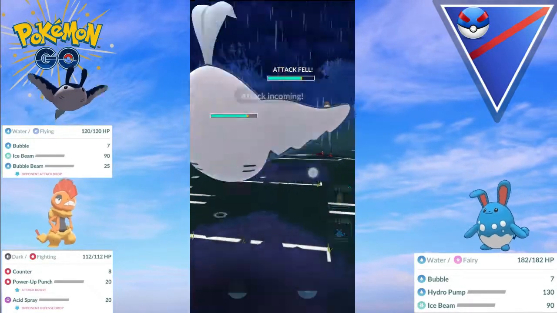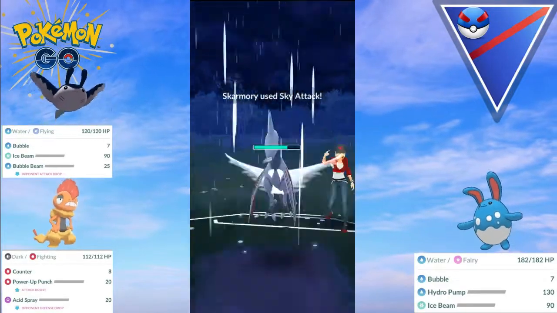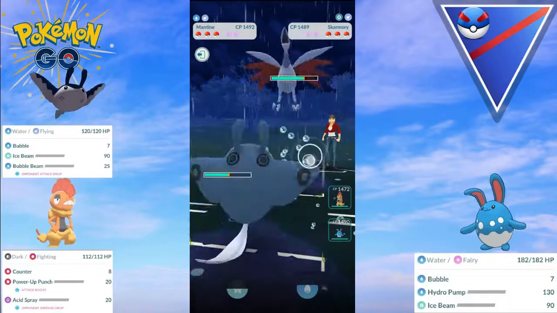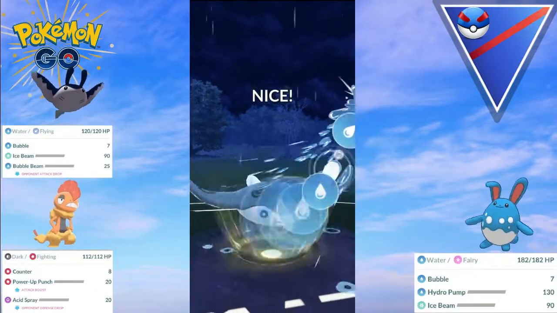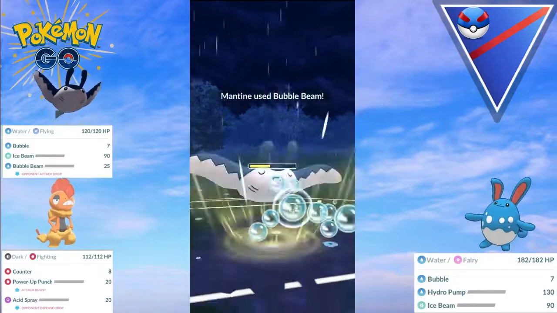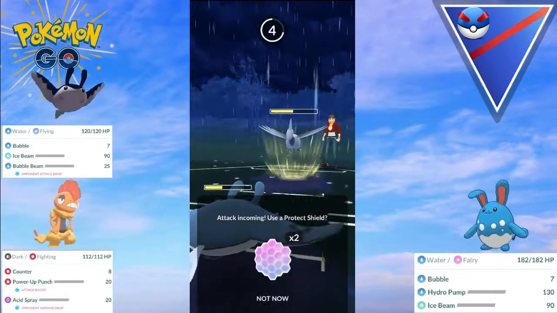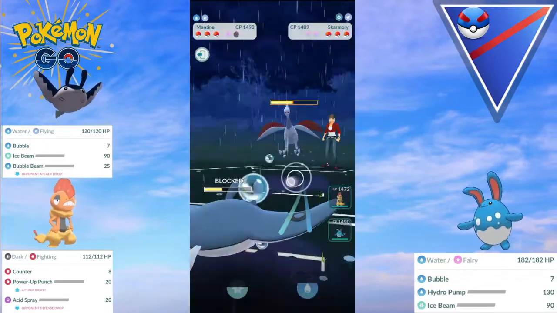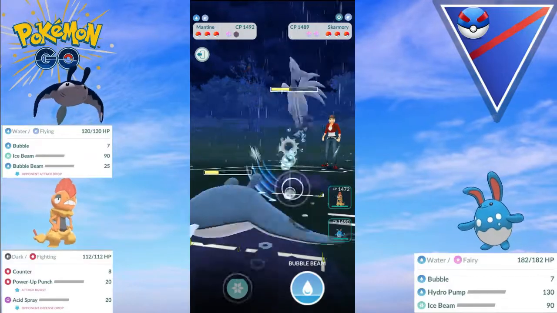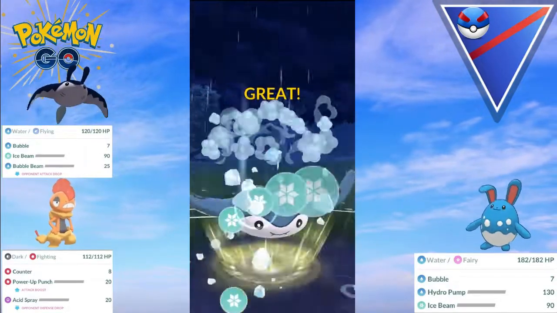Mantine on the lead against a Skarmory. I absolutely love this team, guys. I just worked out how to play with it so well, so please give this a try. It is insane. The Bubble Beam just reduces the attack so far. So I've hit that Skarmory with 2 Bubble Beams. What we want to do now is shield and then try and get to the Ice Beam, because the opponent is thinking this is just a debuff Pokemon in this lead,